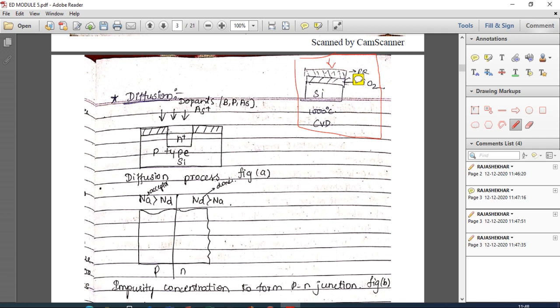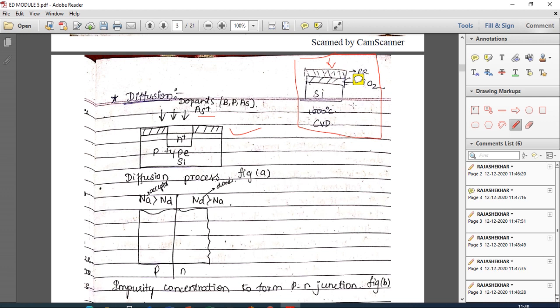Here it is shown, this is an N plus dopant. The dopants may be boron, phosphorus or arsenic. Here we have used arsenic, which is heavily doped; the plus indicates it is a heavily doped N-type material. That N-type material is doped into the P-type material by performing thermal oxidation and